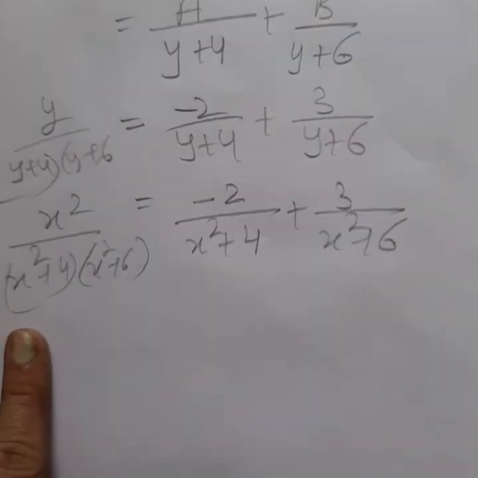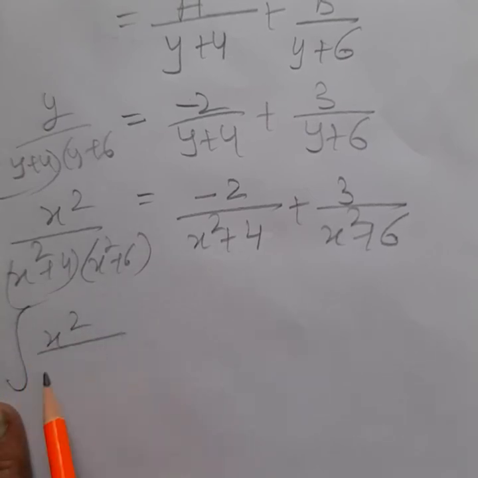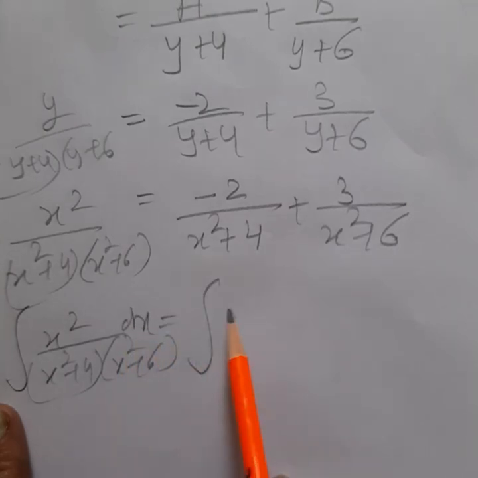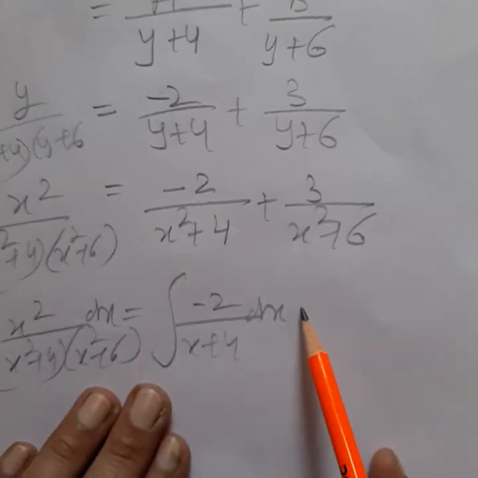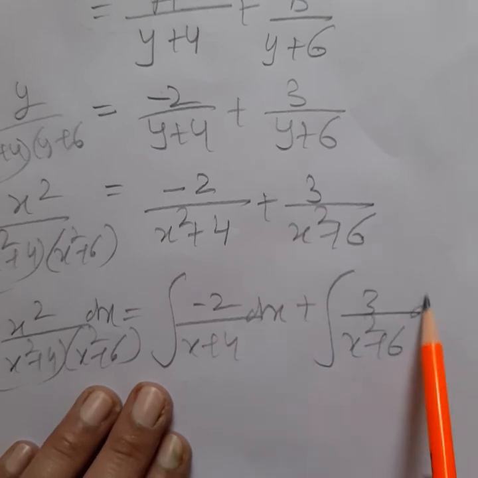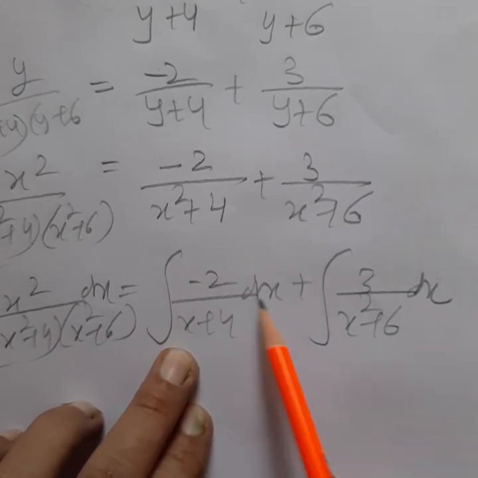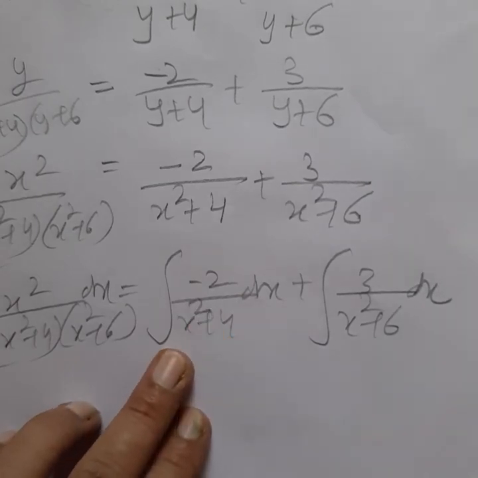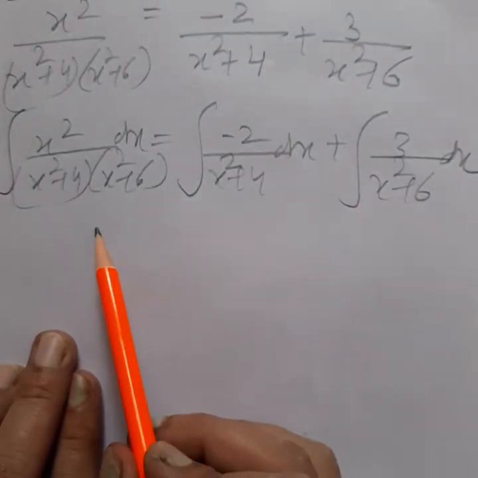So students, when we take the integration on both sides, we can write here x square plus 4 and x square plus 6 dx, and when we take the integration of these two functions, we can write here the sign of integration and the dx in the multiplication. Now what is the integration of these two functions? So students, you know the formula. What is the integration of these type of functions?